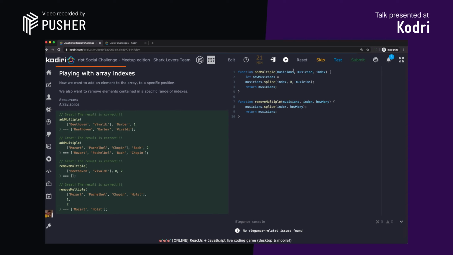Can I do something like that? No. That's the same problem, because now we are creating a new reference to the same address in memory, so we are still modifying the original array.